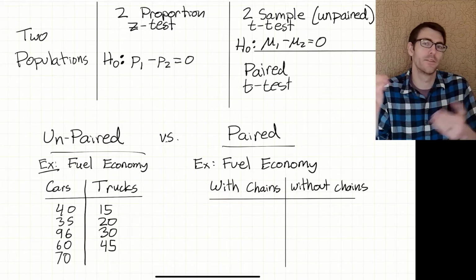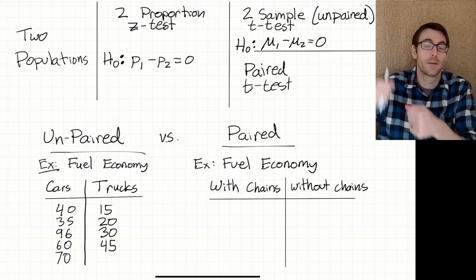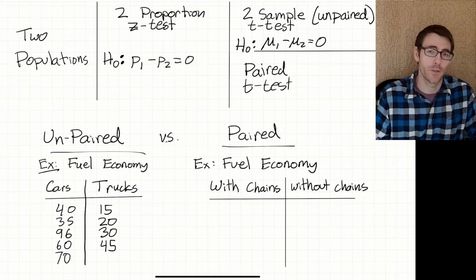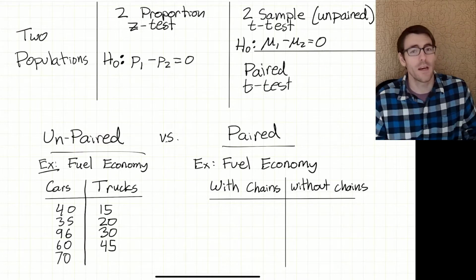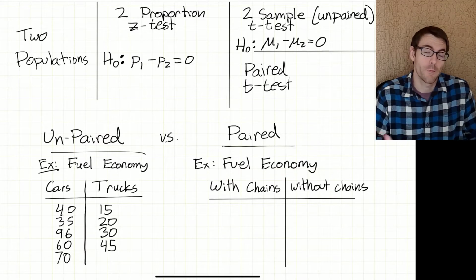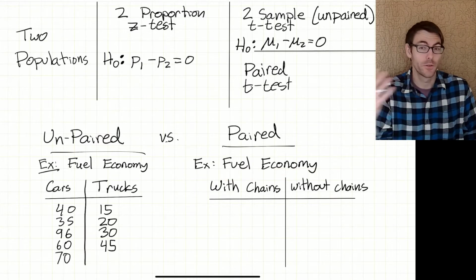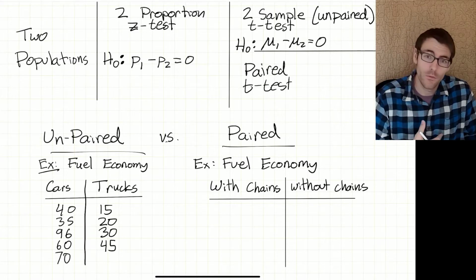So if you've lived anywhere where it snows, you typically have seen these chains that you literally put around your tires. It gives you extra traction. The reason you don't always have the chains on there is that typically it's going to reduce the fuel economy. So if we have a question like, does using the fuel chains actually reduce fuel economy,